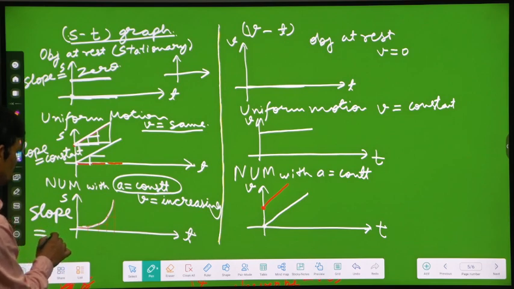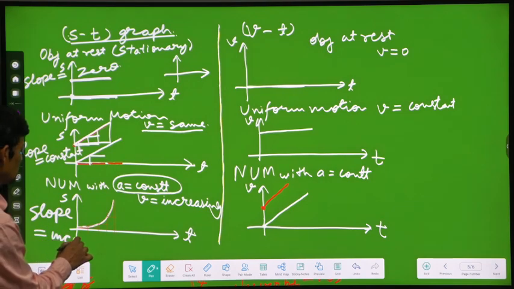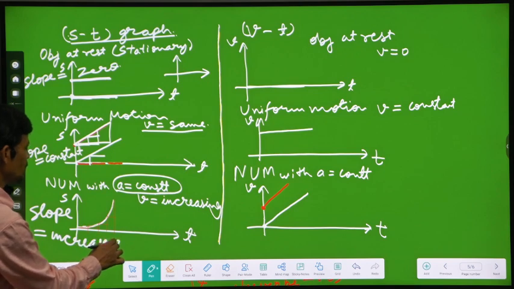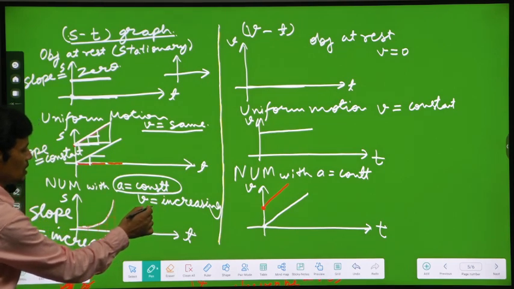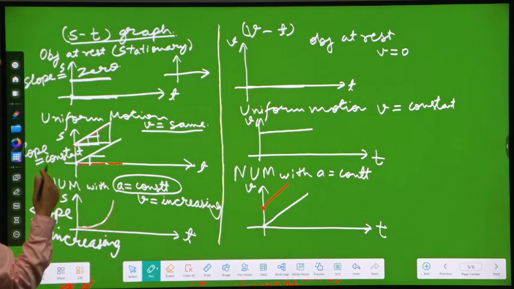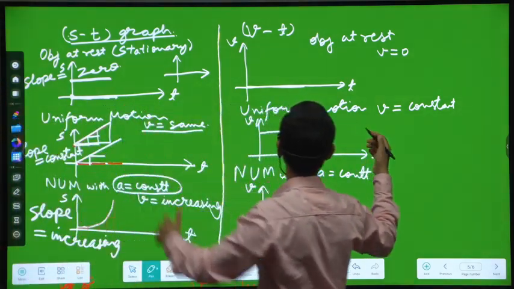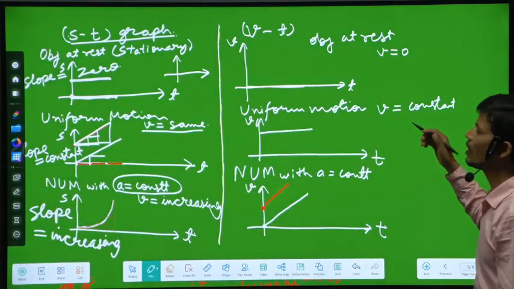The slope of the ST graph is increasing, it means its velocity is increasing, because the slope of the ST graph is velocity. Now the slope of the VT graph is